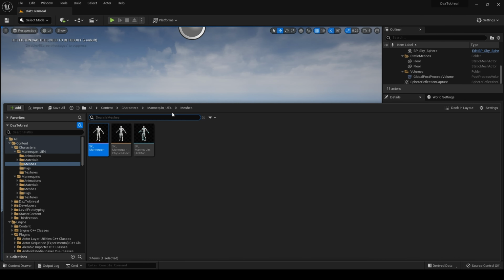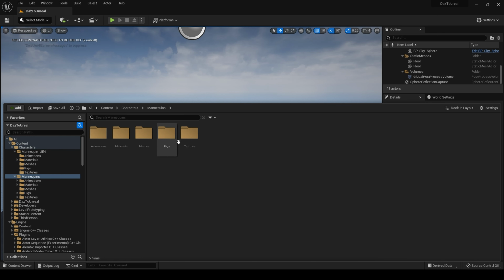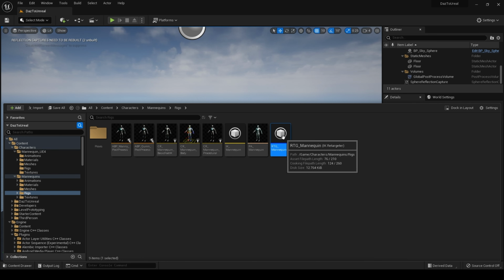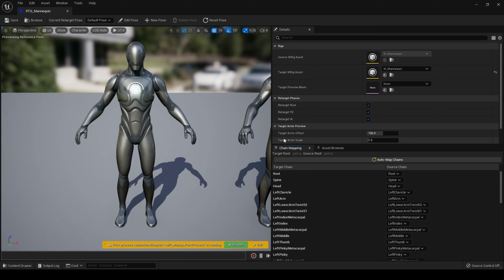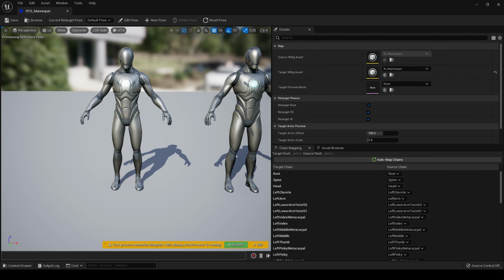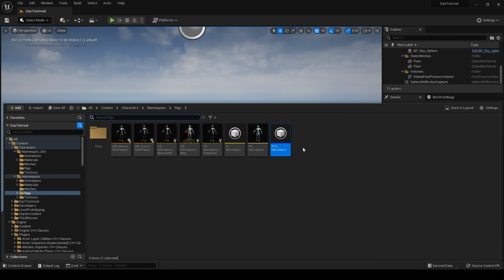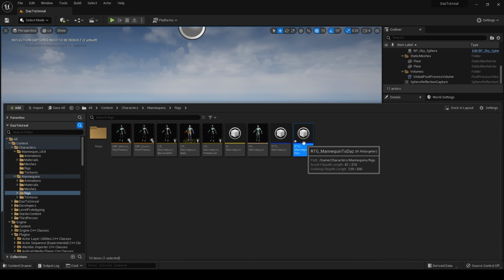And with these characters, they come with their own rigs, look like there. So what we can actually do while we're in here is, I don't want to damage this original. Let me open it up for you and show you. This is the one that comes with Unreal Engine 5. I don't want to damage that, so what I'm going to do is duplicate it, and I'm going to call this the same, but I'm going to put for Daz. Okay, RTG mannequin to Daz. And if I open that up,